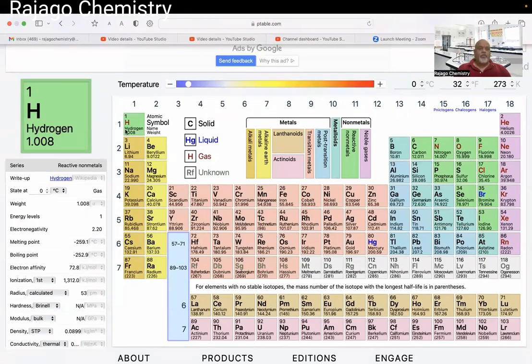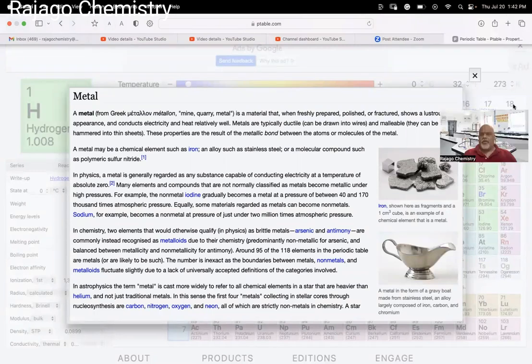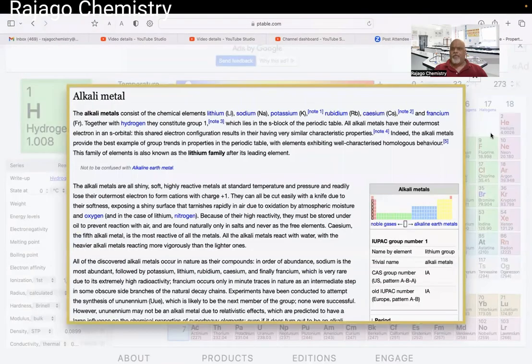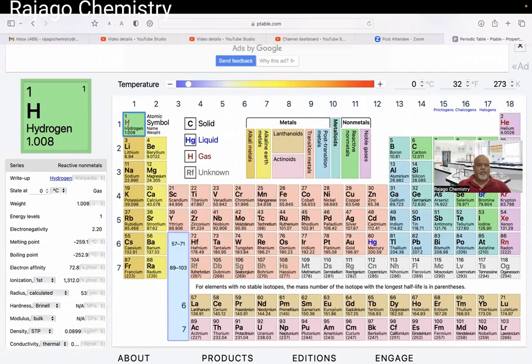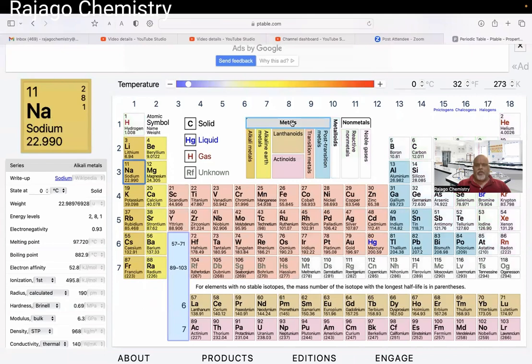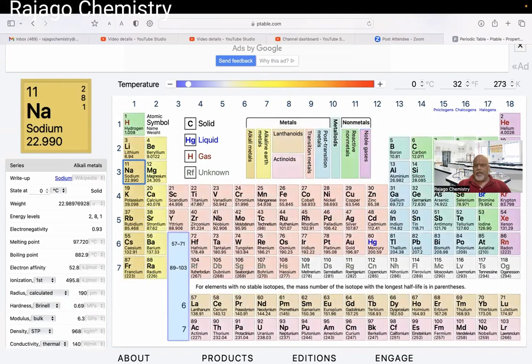So if you look at the periodic table, if you click anything, it shows you where the elements are located very clearly. For example, these are called alkali metals. If I just move my browser, I see that these are alkali metals, and these are called alkaline earth metals. And these are metals, and these are non-metals, and those are noble gases,